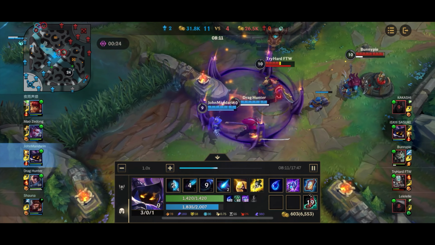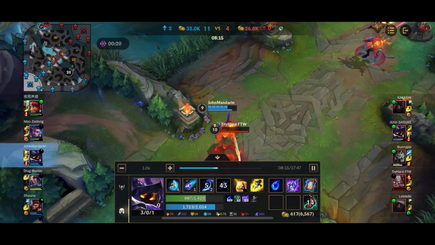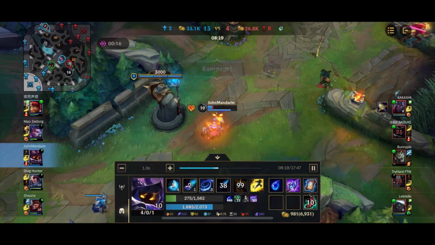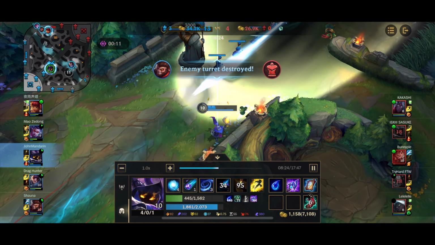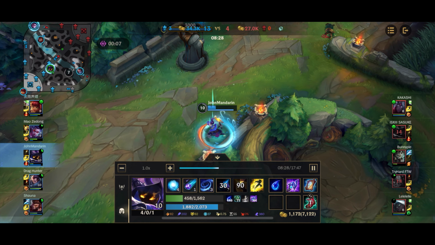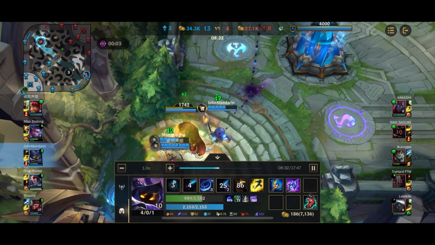Here I actually trap Tryndamere in the cage. He can't go anywhere. And I actually ult him, but he has his Undying Rage, so unfortunately I'm a little bit stuck. But his Undying Rage runs out, and I hit him with a Q just as he is trying to escape. Here Senna tries to ult me. I sidestep just a little bit, and I can just recall and get back all my health and mana,